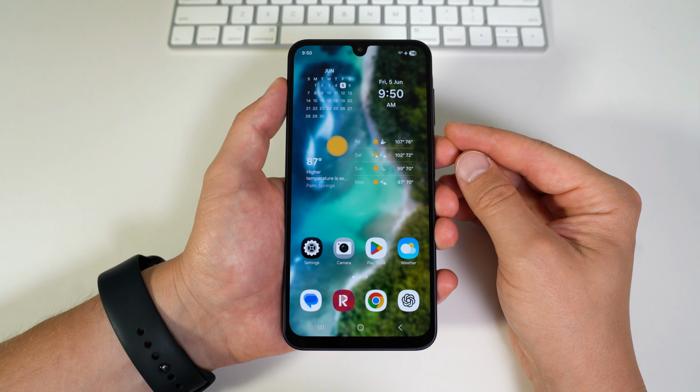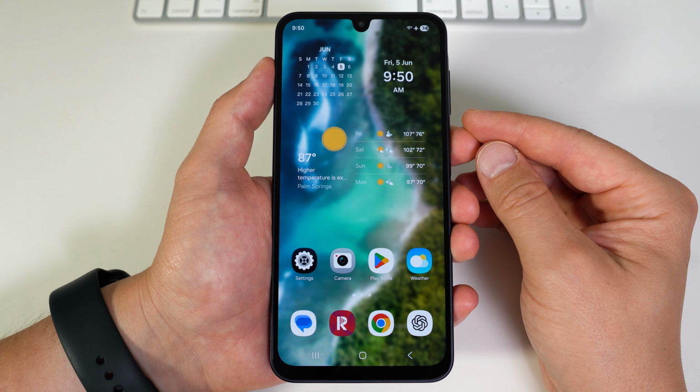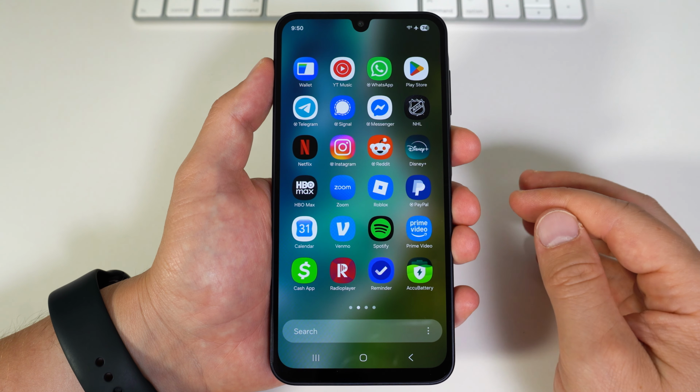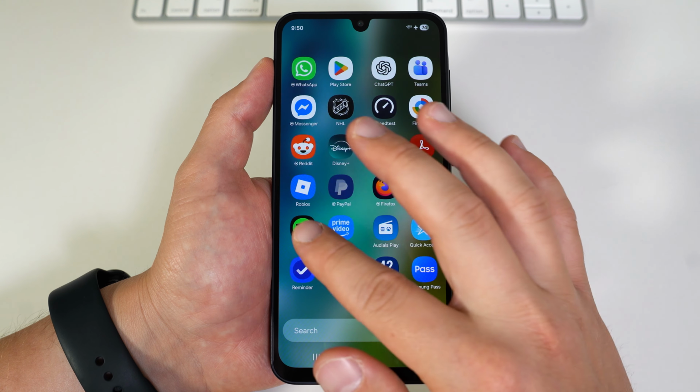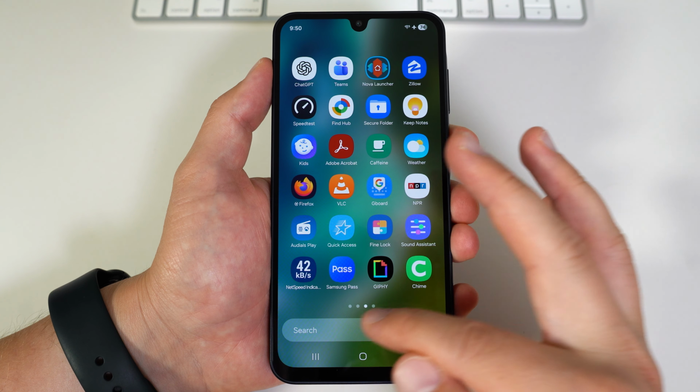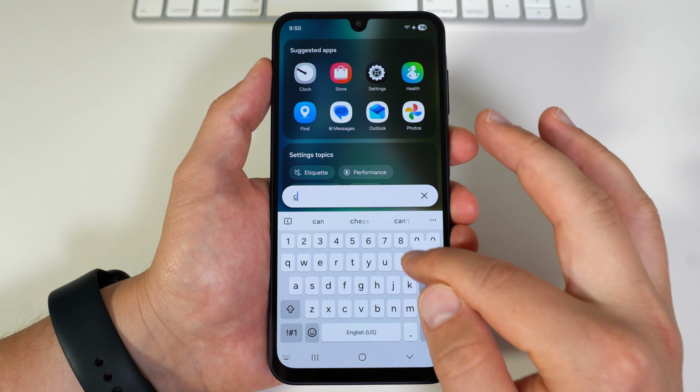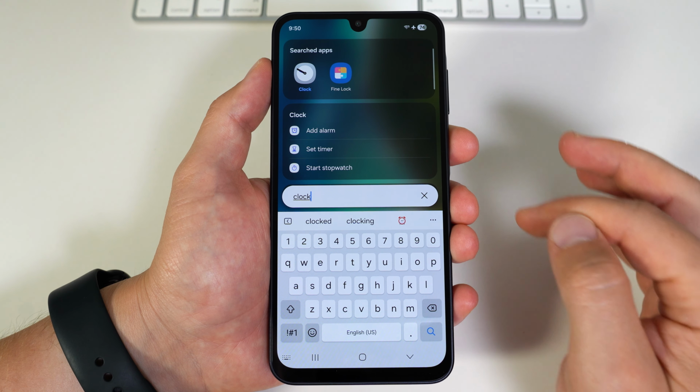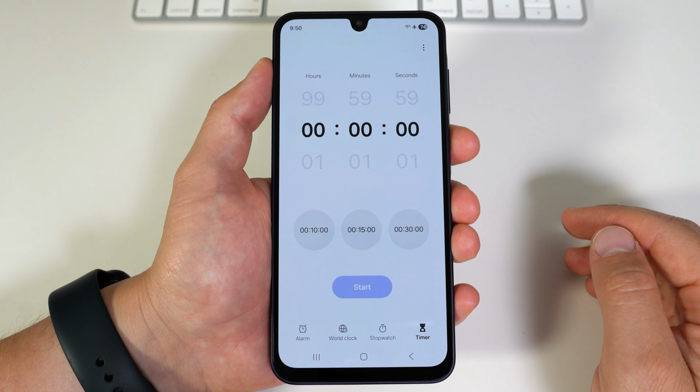To set a timer on your Android phone, we'll first need to find the Clock app. Swipe up on the home screen to reveal your app drawer, and then find the Clock app within your apps, or use the search and simply type in Clock to find it. I'm on a Samsung Galaxy, by the way, and if you're using a different type of Android phone, the app